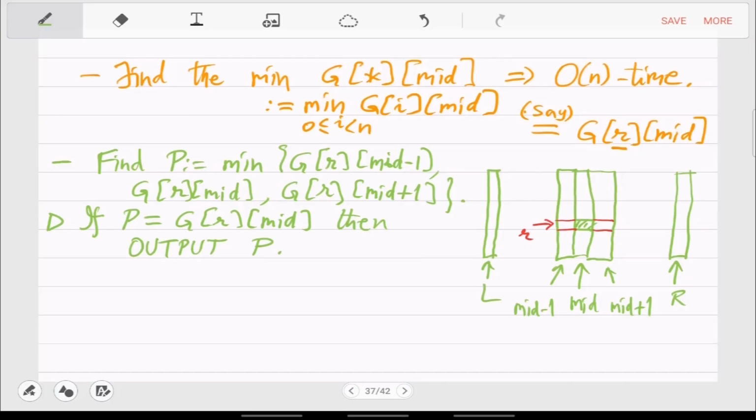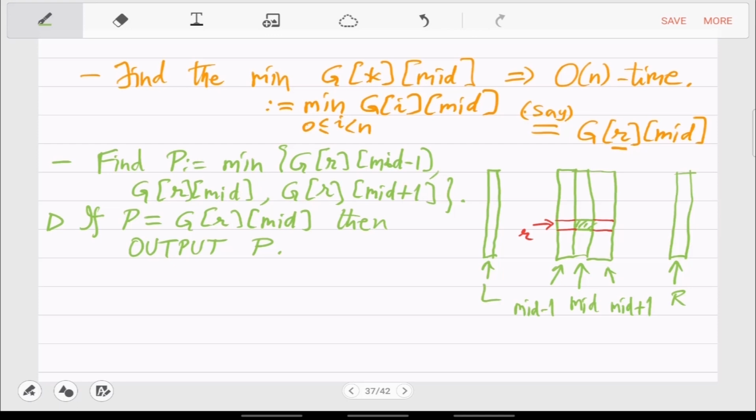Right, because then you can see that in the full matrix, or at least the matrix from L to R, the green shaded cell is already a low, because it is smaller than both these red neighbors, and it is obviously smaller than the one above and the below.